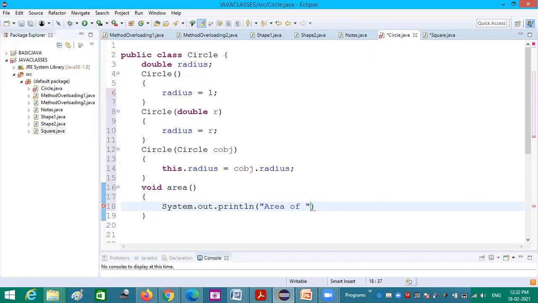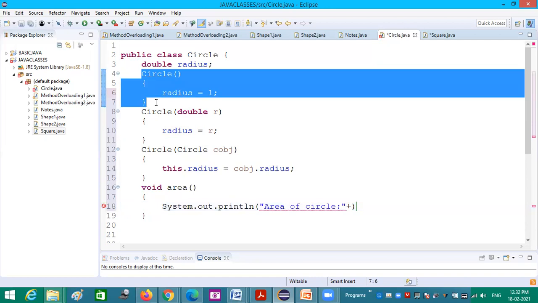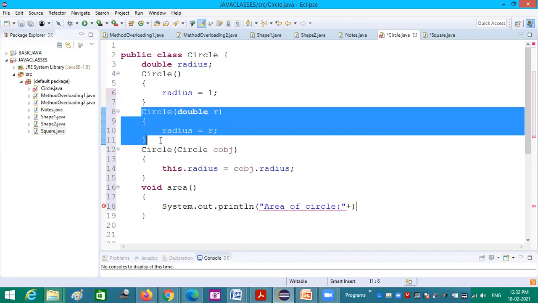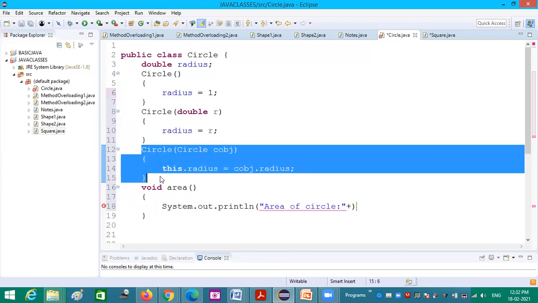Area of circle. It should be what? The radius value will be there. If this constructor is called, the radius value will be 1. If this constructor is called, then the radius value will be r. And if this constructor is called, the radius value will be the value of radius in the passed object. Somehow the radius value is available.